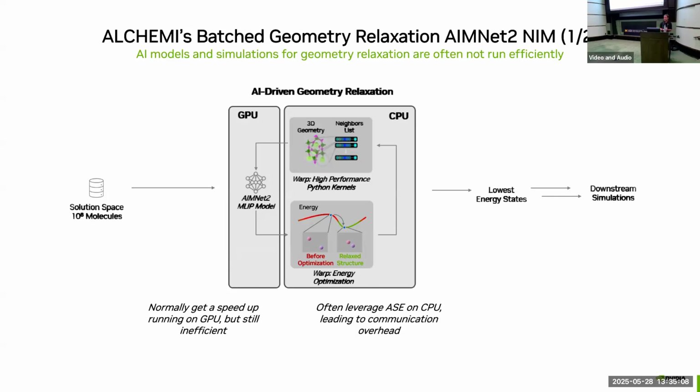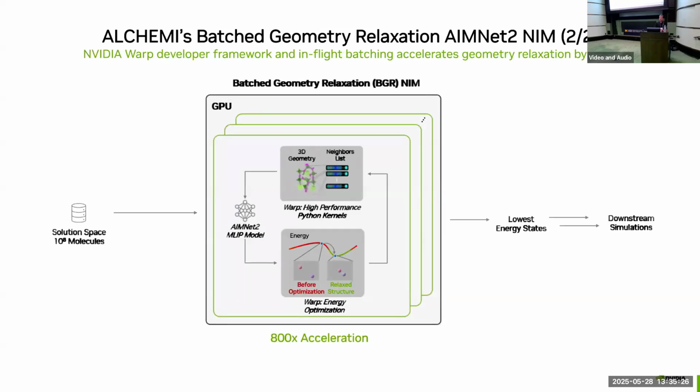But very often the actual computational chemistry program, the NW-Chem or GAMESS or Gaussian, is running on CPU, right? So even though you get to tap into the niceness of this MLIP, that back and forth between the CPU and GPU really limits the performance that you can achieve, right? So under Alchemy in collaboration with SES AI, we were able to incorporate a batch geometry relaxation, right? So doing the structure optimization technique on the GPU, along with using the MLIPs. So now the entire solution is end to end on the GPU. You don't have to worry about data transfer back and forth from the CPU. So that already gives a really, really large speed up.